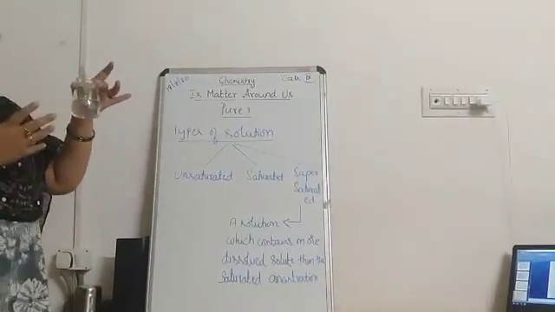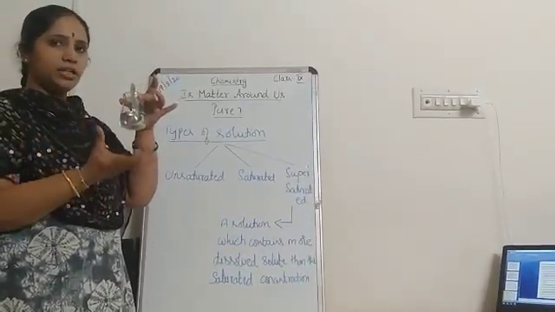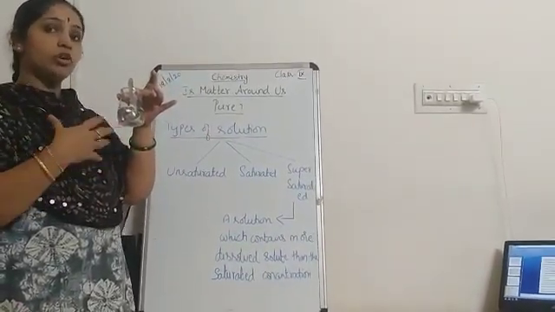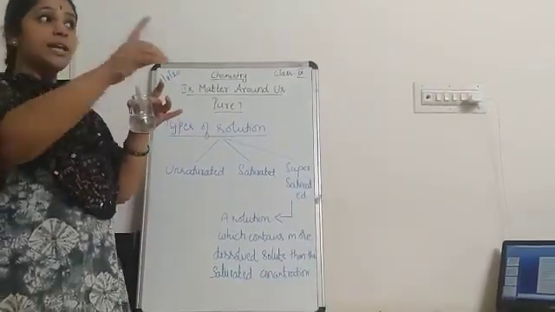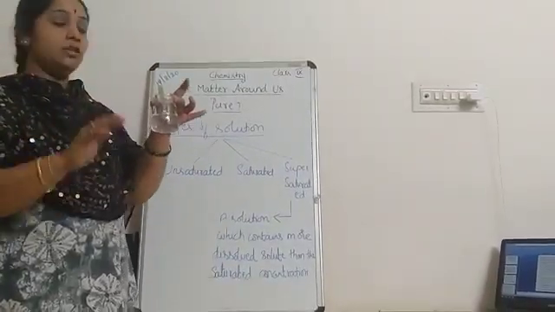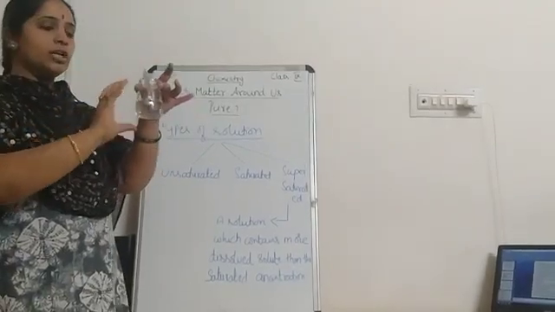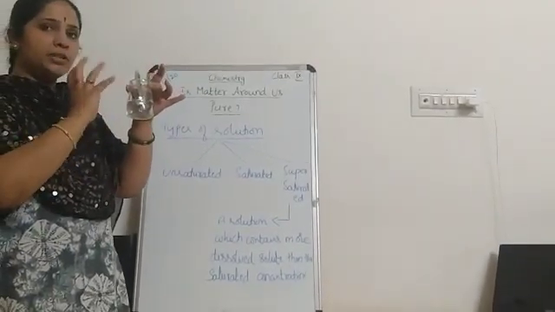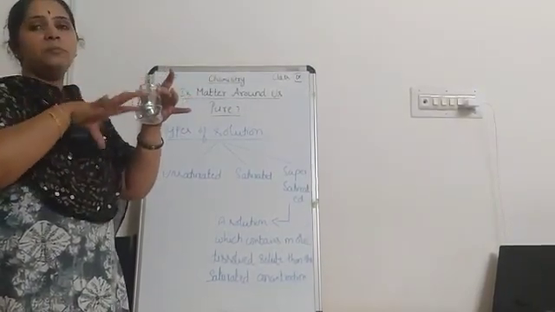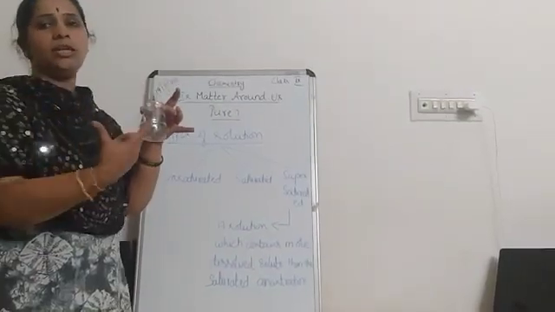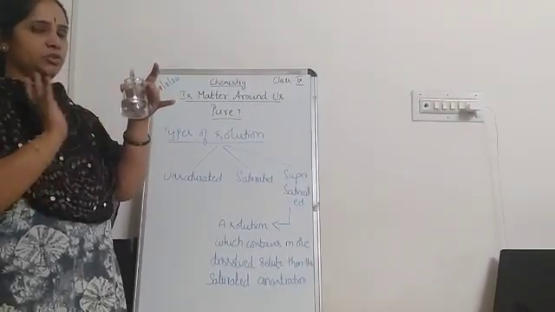Now what I can do is, how this unsaturated solution can be turned into saturated, or how can we make saturated solution from this unsaturated solution is, I am not going to increase the temperature, at this particular room temperature. So I will be adding more and more sugar and start dissolving it. At a particular point what will happen? No more sugar can be dissolved at this particular temperature, that means at room temperature. So then it becomes a saturated solution.